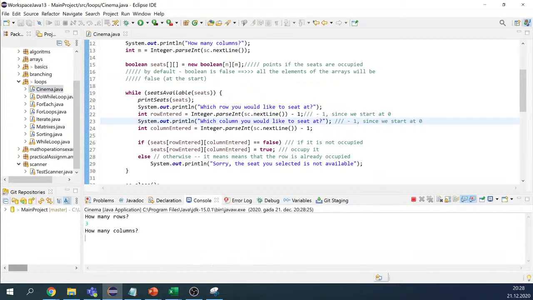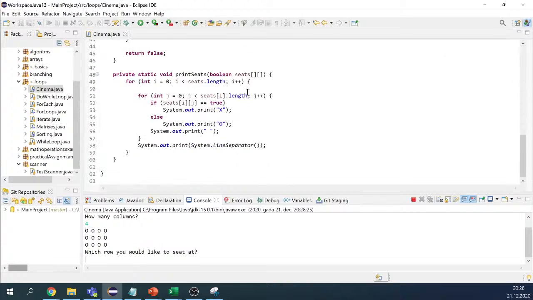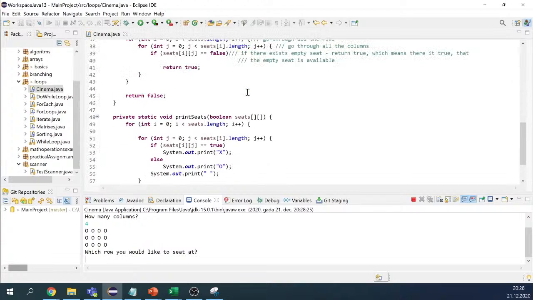And 3 rows and 4 columns. I would like to see it at the 3rd row, and that will be the 3rd column. So now this place is occupied. So now I can try again,